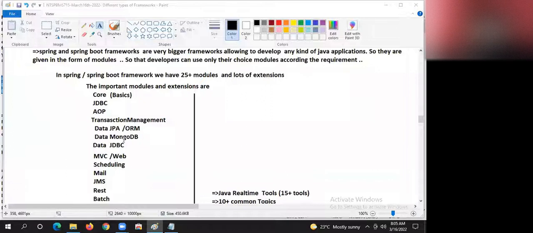The size will be very big, and you will be using only 5% of that jar file. Meaningless or not? That's why they released it in the form of modules, so that we can add only the module-related jar files we are interested in. Got the point, my dear?